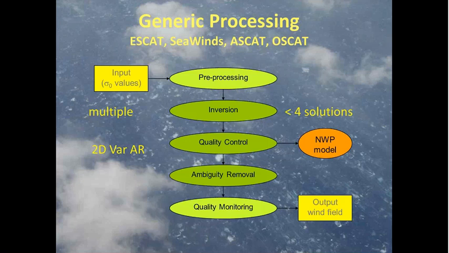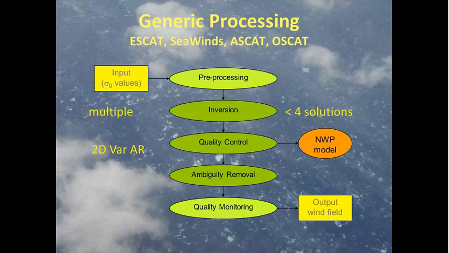And then we get more than one solution. For ASCAT we usually get 2 solutions. And then we have a step which is called ambiguity removal, where we actually make a 2D-Var analysis of the spectrometer data and the ECMWF forecast. And then we use that analysis to pick one of the 2 solutions. And for ASCAT this is sufficient to get a unique wind field in most of the cases. So then you get a unique wind field from the spectrometer. But for these pencil beam spectrometers, we actually have to look at more than 2 solutions, and therefore you also get a spatial filtering effect, as I mentioned.